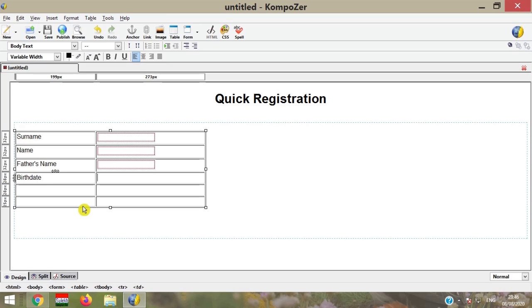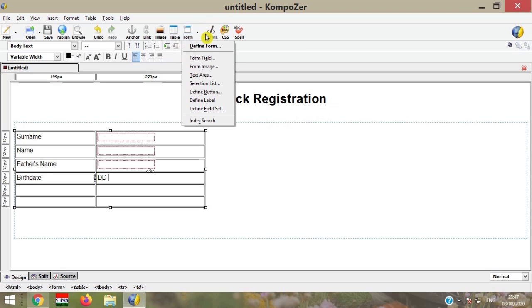In birth date, instead of using a text field, we create a pull down menu. It is a very interesting point how to create a birth date pull down menu. Use DD for date.